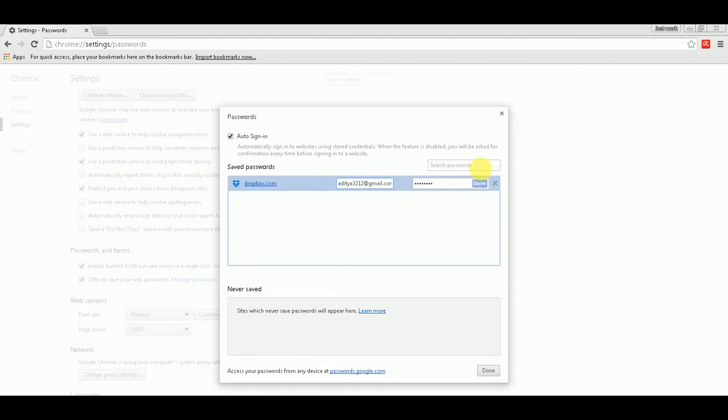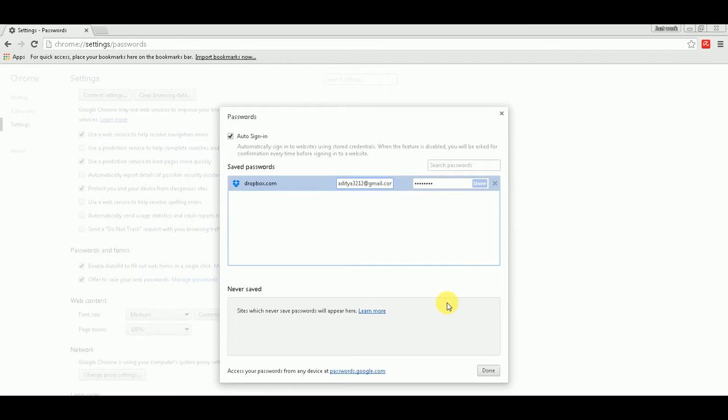So this way you can reveal the password of any website that was previously saved by you. And you must have seen that once you log into a website, Google Chrome gives a pop-up asking if you want to save the password in the database. If you press yes, then that password goes here. This is the area where all the passwords are located, and you can reveal them very easily.